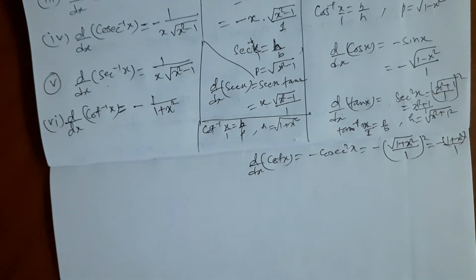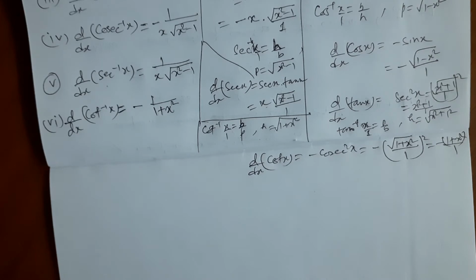This is the derivative of cot inverse x. Using this technique, if you just find the derivative of an inverse circular function, it will be quite easy for you to remember the formula. Don't take this as a technique to derive the formula. It is a technique to remember the formula only, especially while solving multiple choice questions. You do not need to show the derivation, you just need to remember the formula.